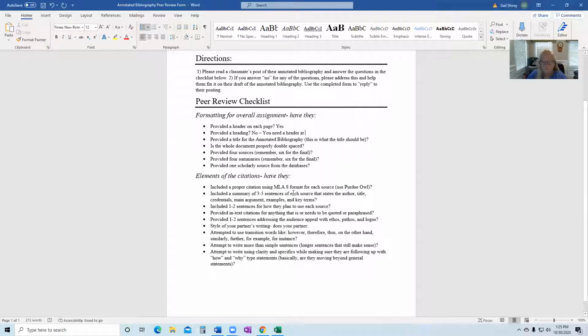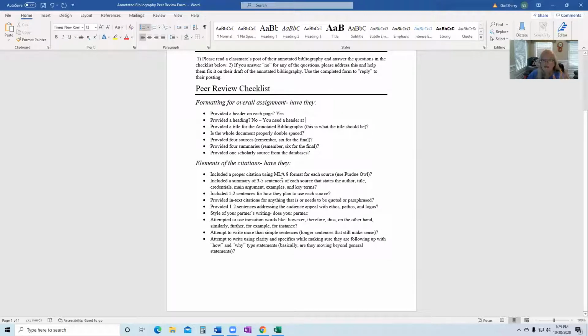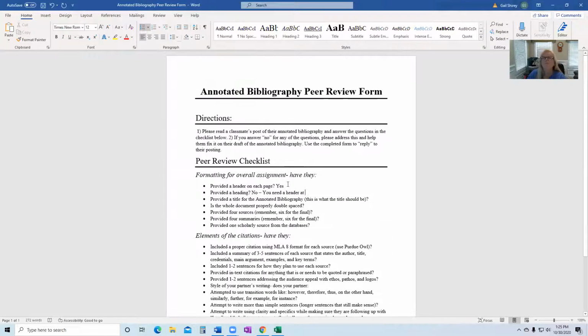So every annotated bibliography is going to start with the actual citation that they would have on their works cited page. So double check it for them. If something's wrong with it, make sure you point it out. If you need some resources, look at Purdue OWL, look at NightSight, whatever, to guide them if they have it wrong. So anyways, you go through this, you're answering yes or no, and then save it,